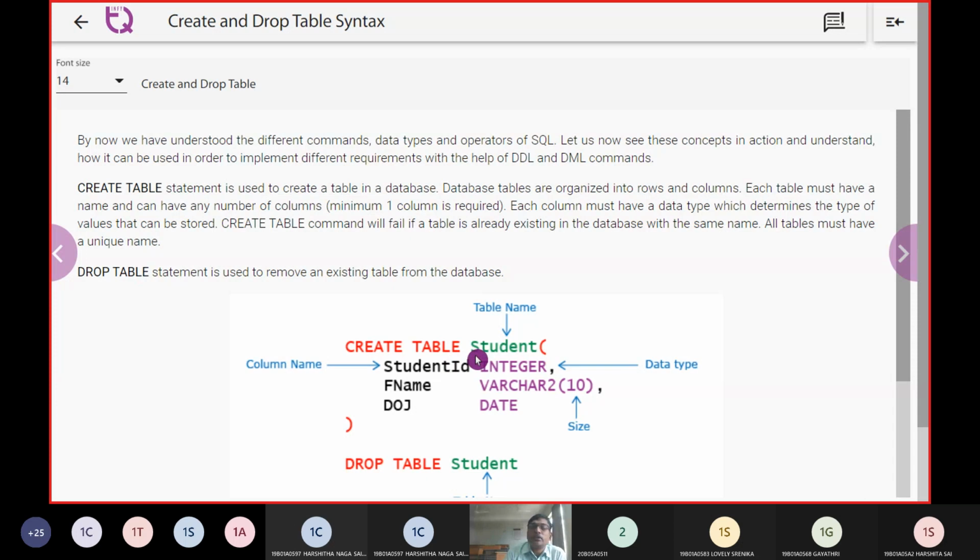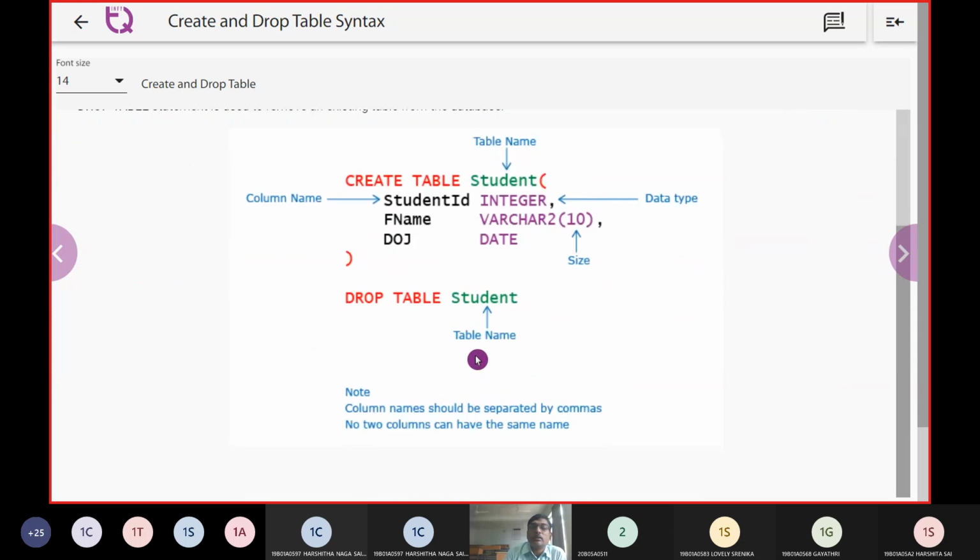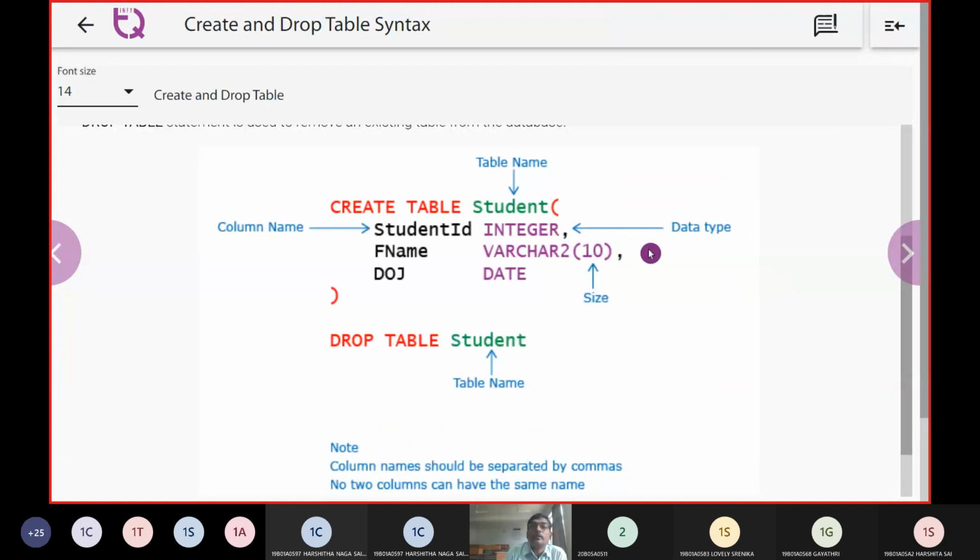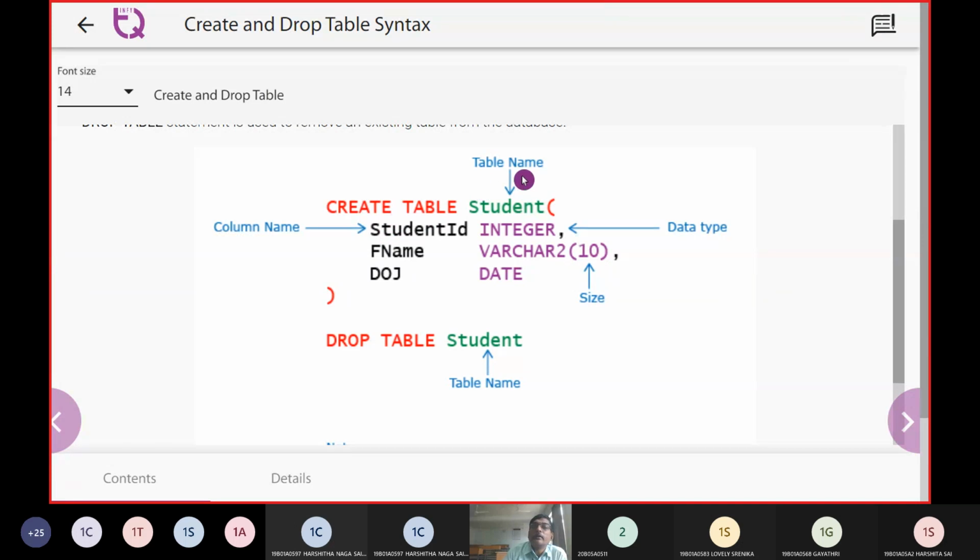Now let us look into this diagrammatic model. We say create, followed by the table name. The table name is student, and the columns are student ID, first name, and date of joining.